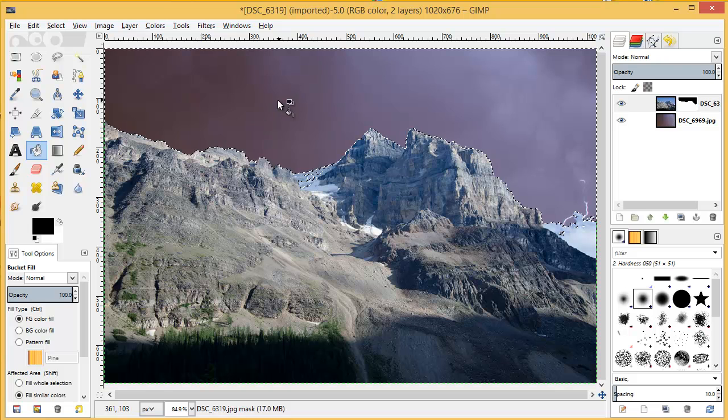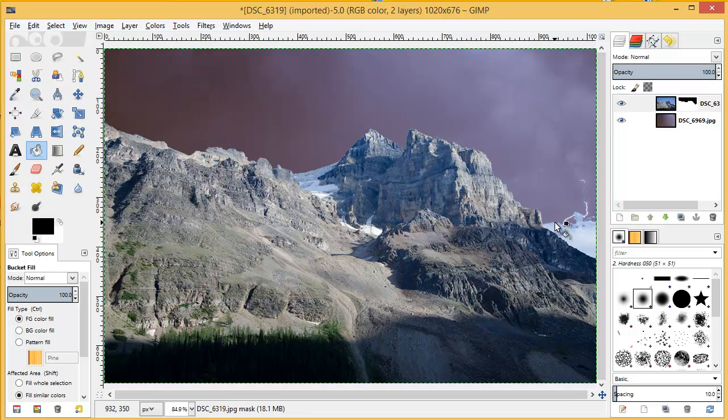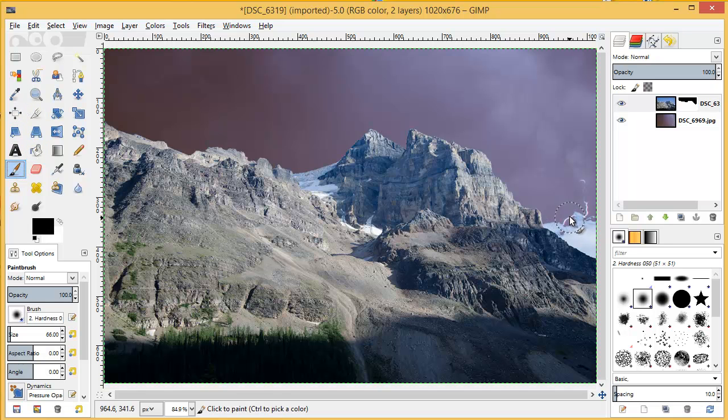Now we just need to drop our selection. So select none, and now we can do some cleanup. So the black we'll remove, so we can get rid of this. White we'll save. And remember, we had some stuff get selected in here that's going to disappear on us. So we'll select our black, and then we'll get a paintbrush, and then we can select up here and then just start